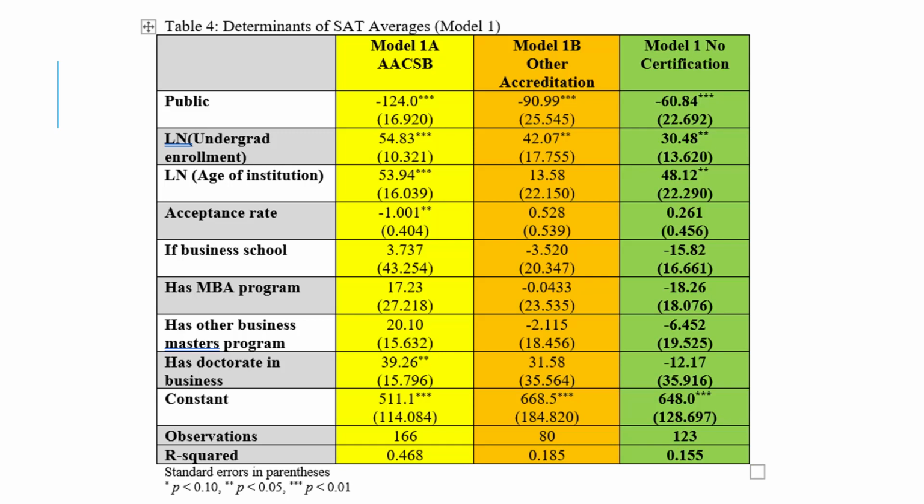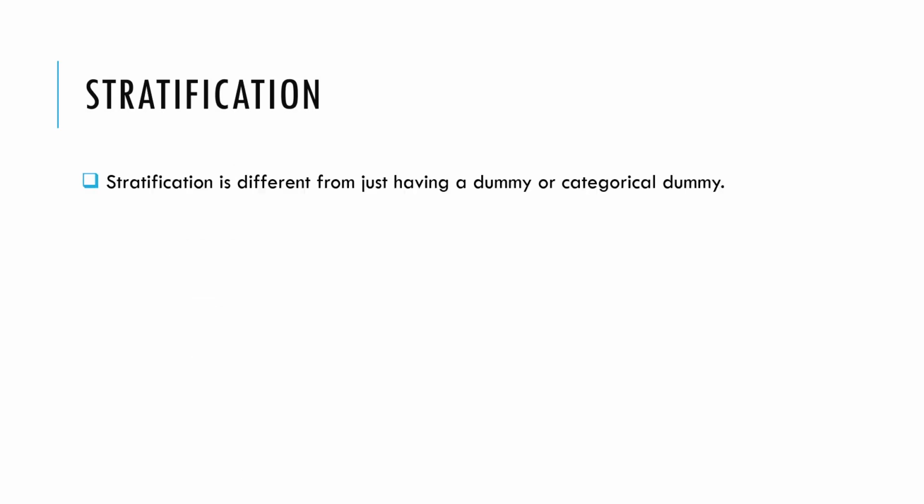So I have 166, 80, 123. Those are all pretty good size N's, but if the one in green had been like 4 or 5, gosh, that'd be really horrible. I don't want to have a subgroup with that few. Now, before we wrap up, I just want to eliminate one potential point of confusion, and that stratification is different